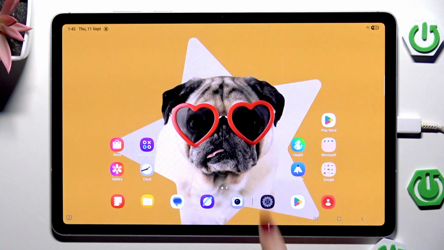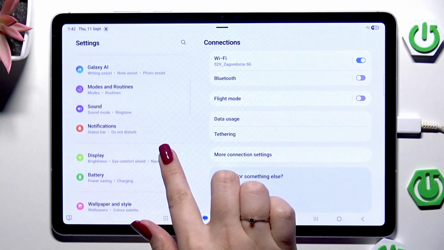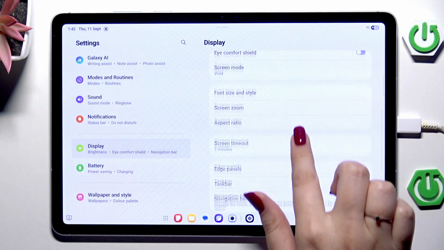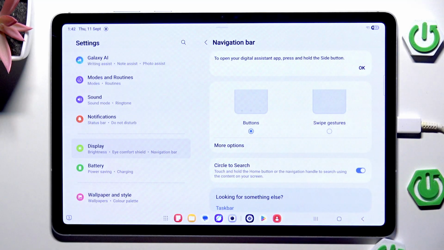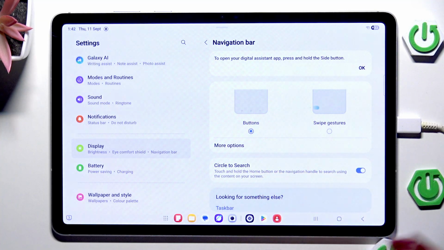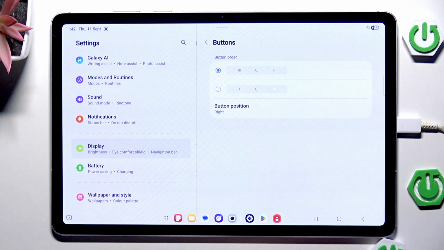So let's begin with opening the settings, and here in this left section we have to scroll and find display. Now let's scroll down and localize the option navigation bar. And here, as you can see, we've got 2 different options. Right now we've got buttons, and before we will set the gestures, I just wanted to show you that here